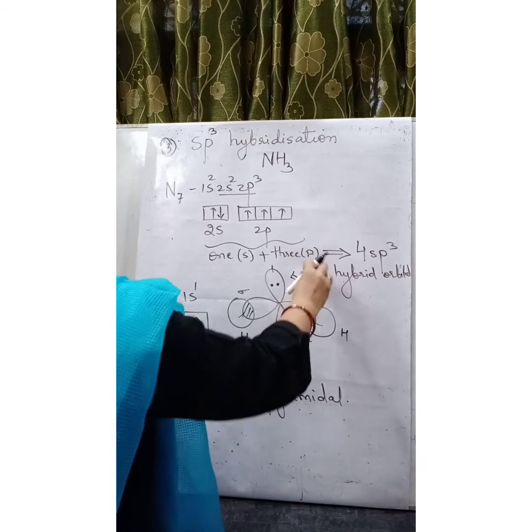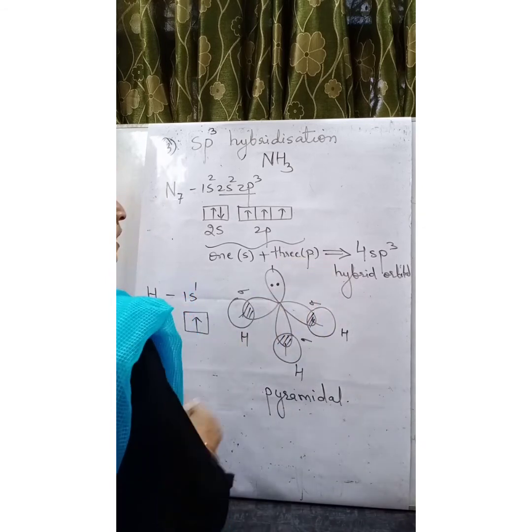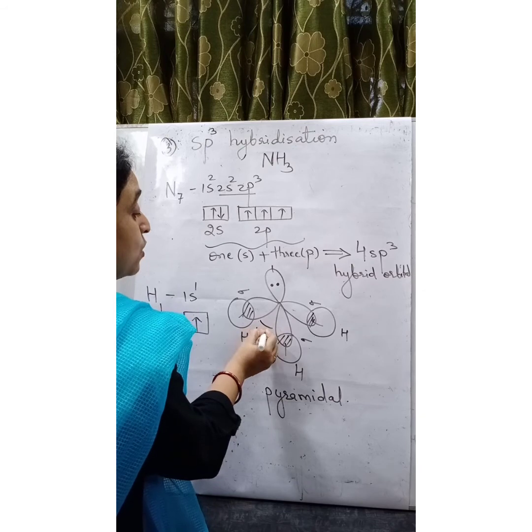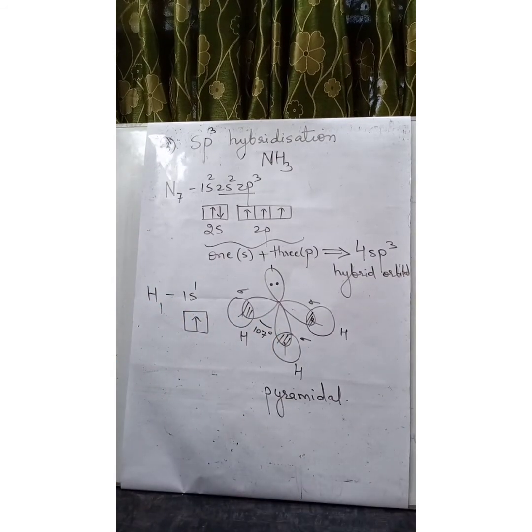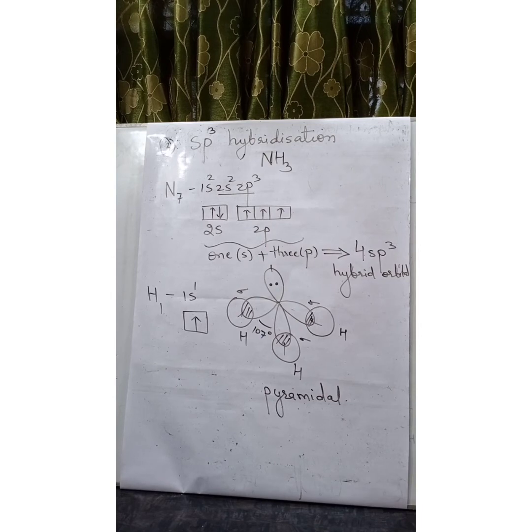So what happens? Because of the repulsion, the bond angle in ammonia gets reduced to 107 degree and the geometry changes from tetrahedral to pyramidal. Let us take another